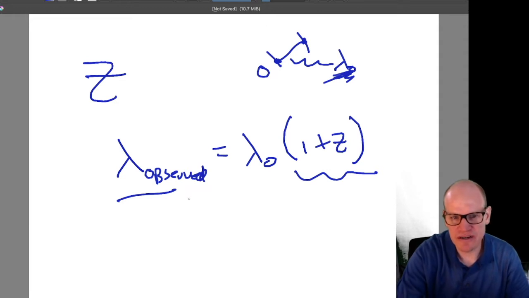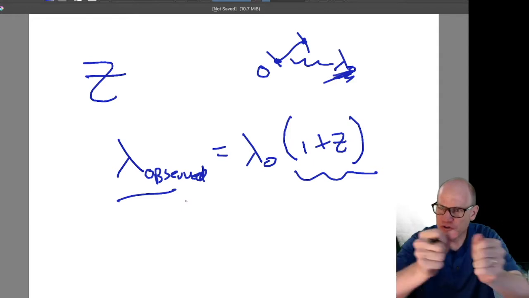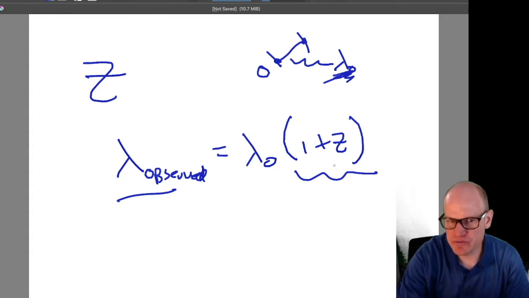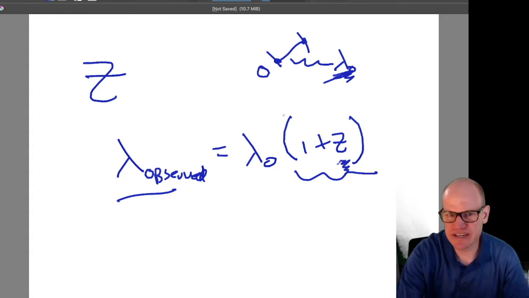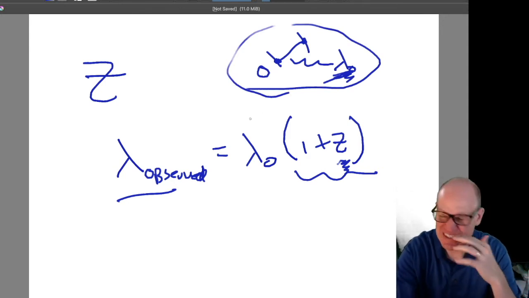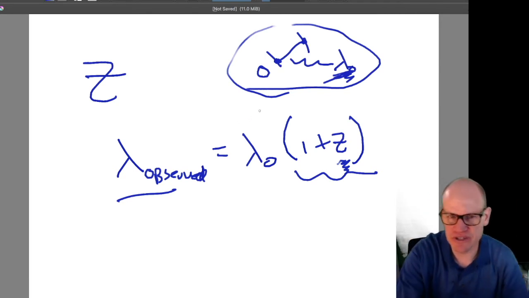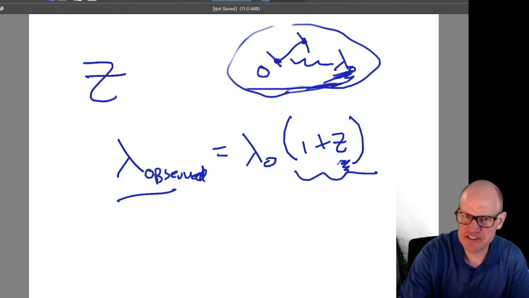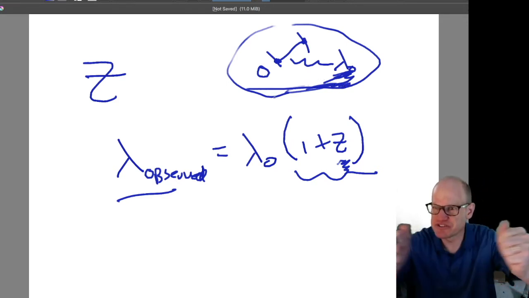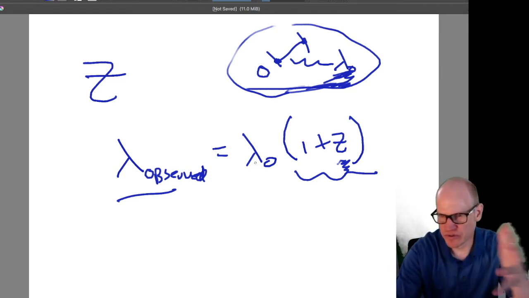So if you go back in time as the universe is expanding, the farther back you go, the more stretched the light is going to be. And what we can do then is measure the redshift. You can measure the redshift by looking at exactly these kinds of transitions in galaxies. You can't really do it with stars. You can do it with galaxies, or with clumps of hydrogen gas, whatever it might be. So you can measure the redshift of different things, and that tells you where it is in the universe, because that tells you how much the universe has stretched out since its inception, or over time.